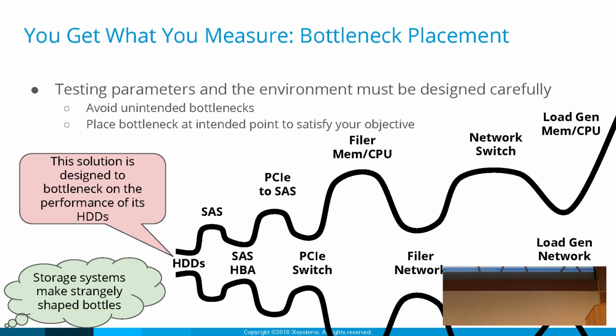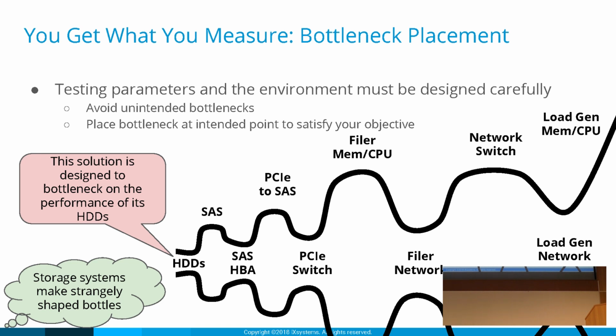However, as we move closer to the storage, we hit one of those PCIe switches. So in this filer, we have a PCIe switch in our midst. Maybe it has 8 lanes going into it, and then it has 16 lanes coming out of it. So that would be our next bottleneck. Anything going through that switch will only get 8 PCIe lanes worth of bandwidth.